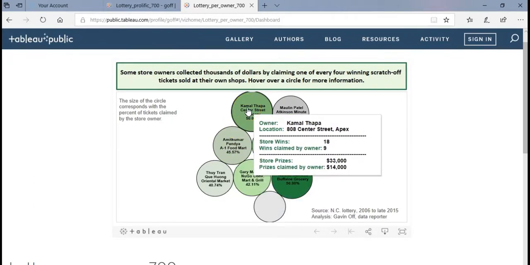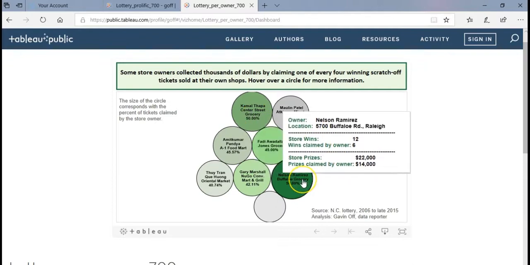Here's another guy. His store sold 18 winning tickets in a decade, and he claimed half of them. He claimed 9. And here's another guy who claimed half. His store in Raleigh sold 12 winning tickets,